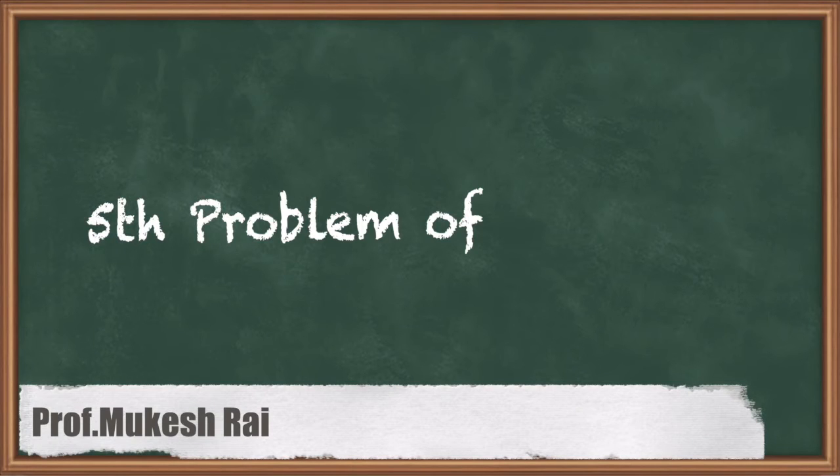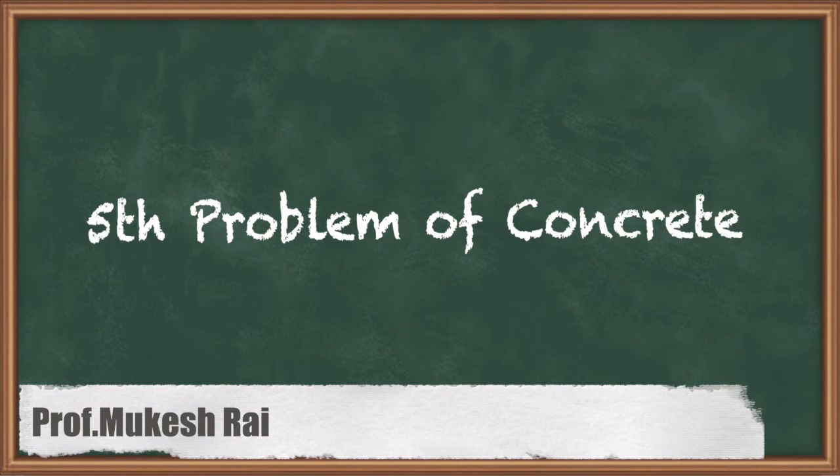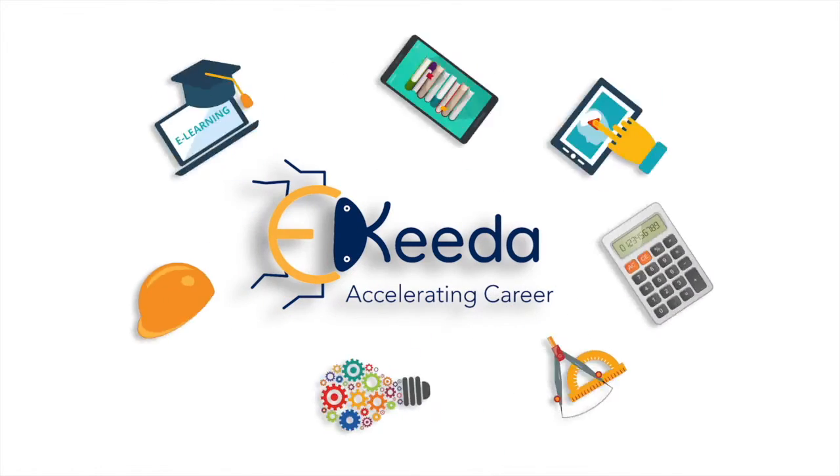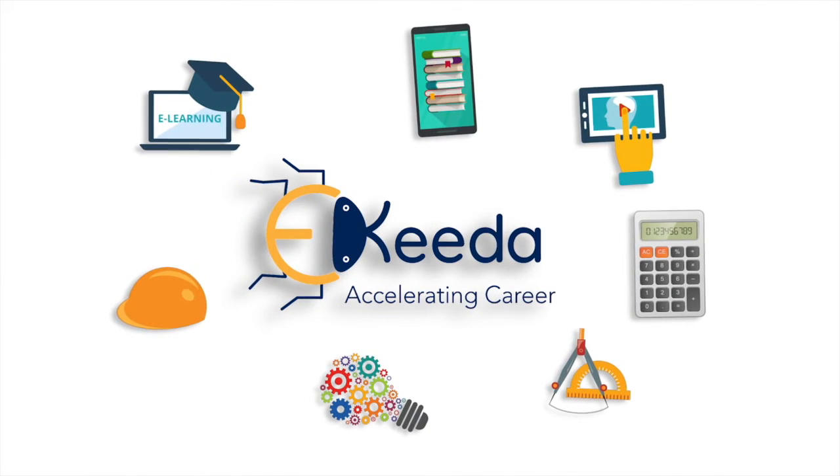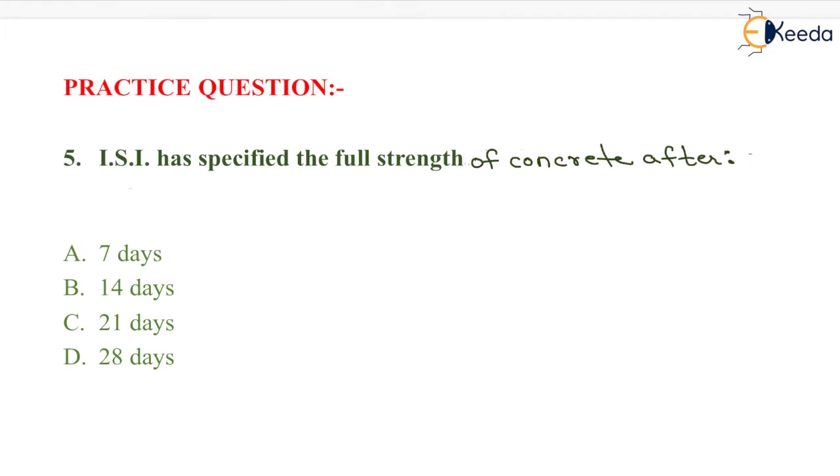Hello students, today we are going to solve the fifth problem of concrete. The question is: ISI has specified the full strength of concrete after? The first option is 7 days, the next one is 14 days, another one is 21 days, and the last one